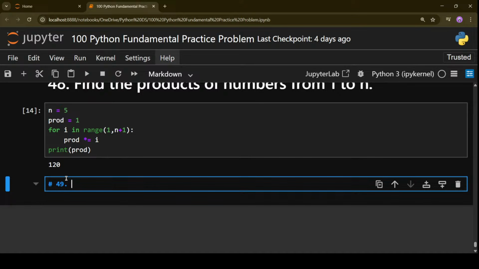That is problem number 49 on your screen. Find the GCD, greatest common divisor, of two numbers.